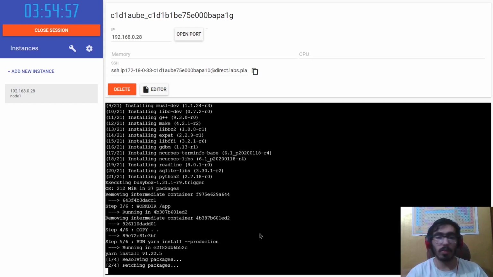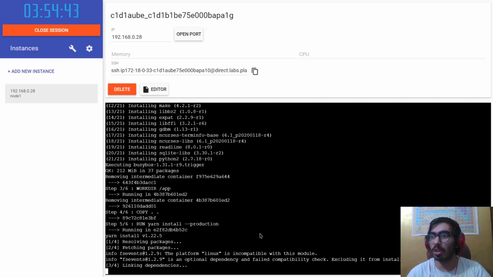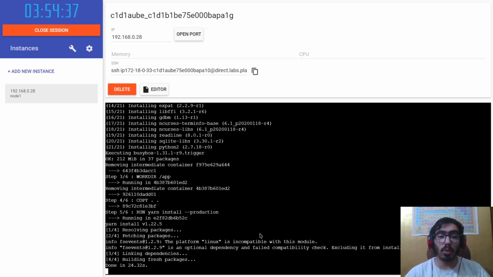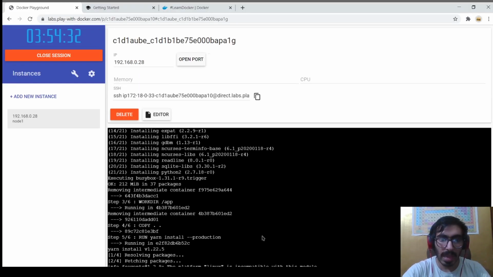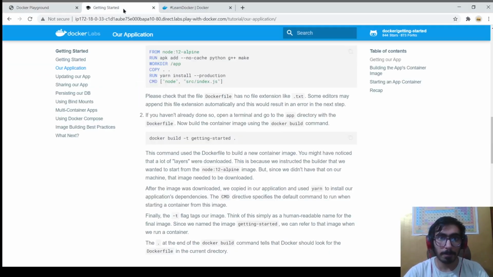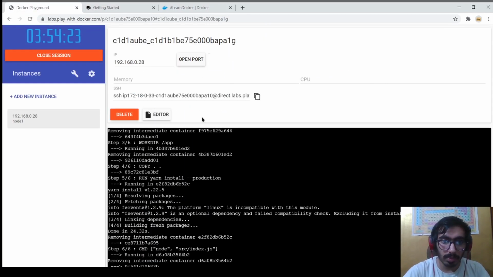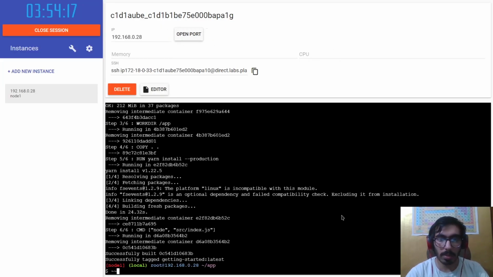All of this is done by Docker itself. You don't need to do any of this, which is one of the major reasons we use Docker. When somebody says this software runs on my computer, even in our lab, someone says this runs on my computer, but it doesn't run on yours. So what's the problem? Well, Docker can fix this issue. You can directly download their images, so your computer will be exactly the same as their computer. And it's almost done. When it's completely done, I'll run it. Yeah, it's completely done now.